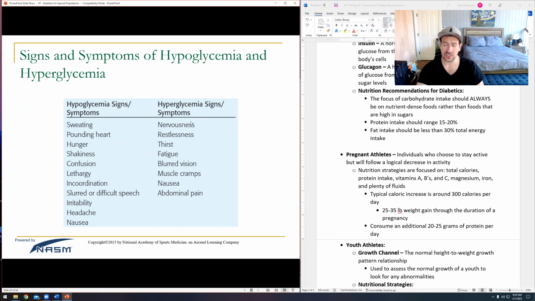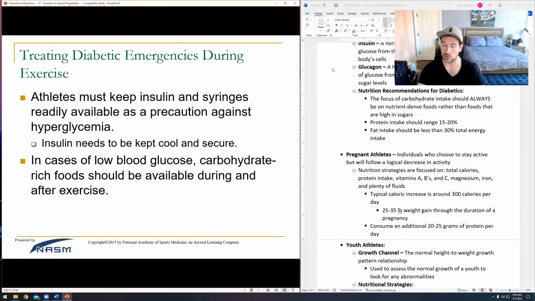Hyperglycemic, a lot of times they'll get restless and kind of paranoid, and very thirsty because their body's saying, give me some water so I can get the sugar diluted. They may have blurred vision, and then it can cause nausea and muscle cramps, which sucks because everything's just trying to work and there's just too much sugar everywhere.